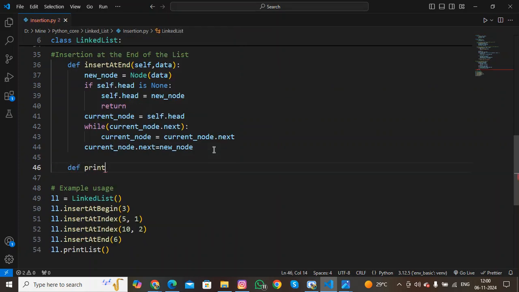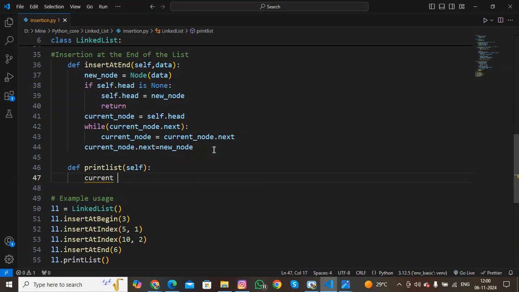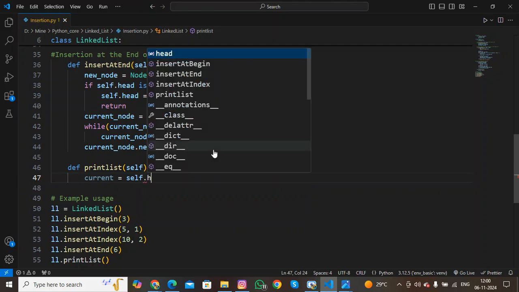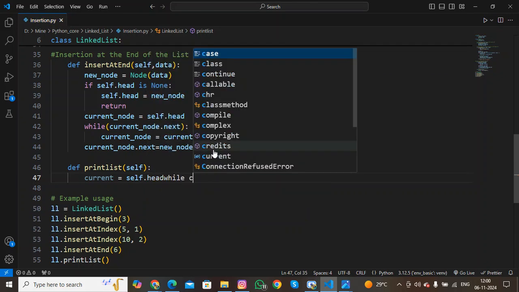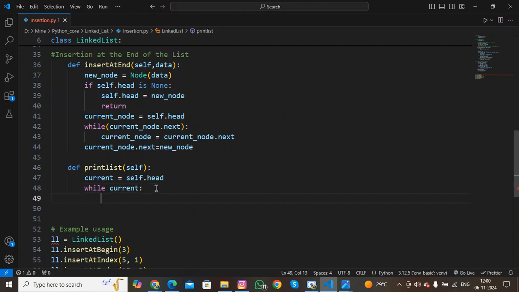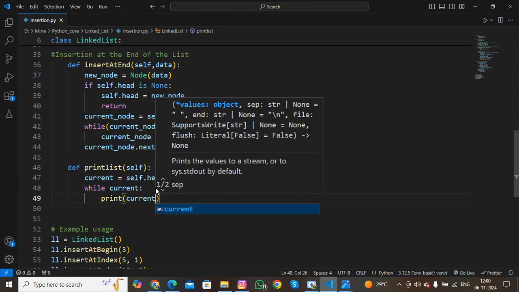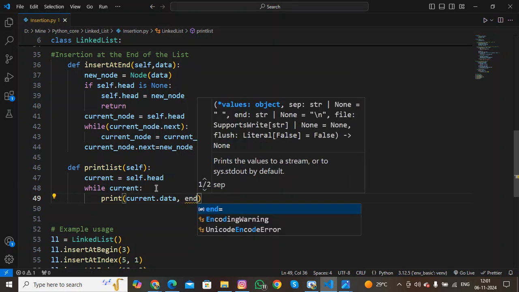def print_list(self): current = self.head, while current: print(current.data, end="")